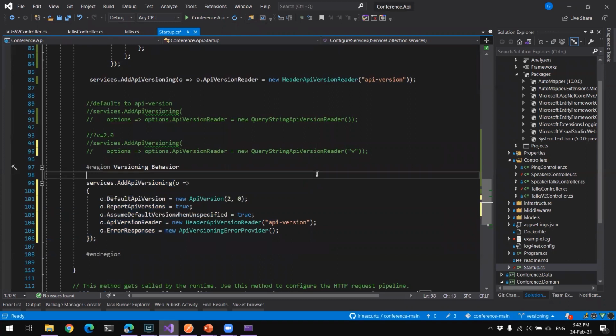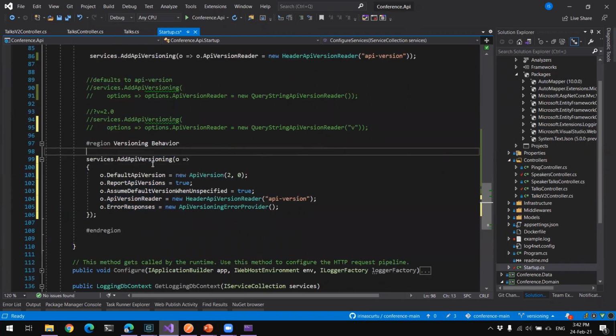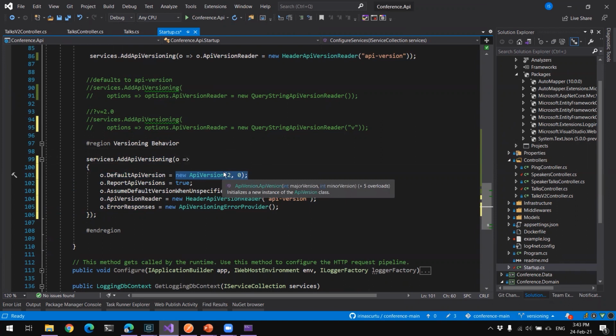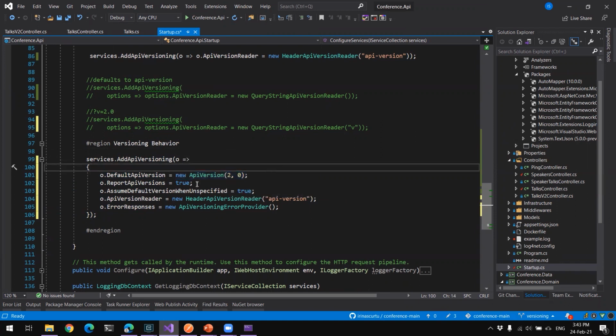Cool. Yeah. And the most complete version of configuring your API versioning is just by sending options in here. So you have default API version, and you say, hey, I have the default, treat this as the default if I do not add something else. Also, I want to report the API versions that I support. Check that.